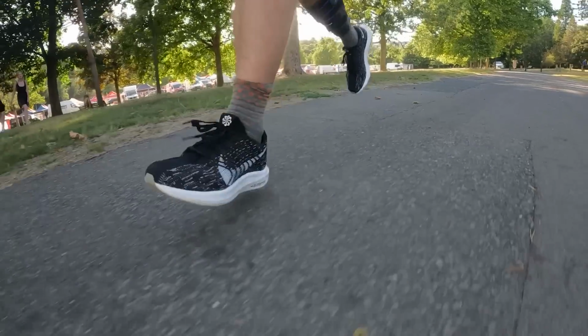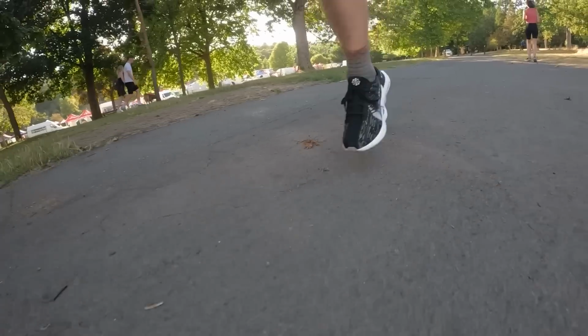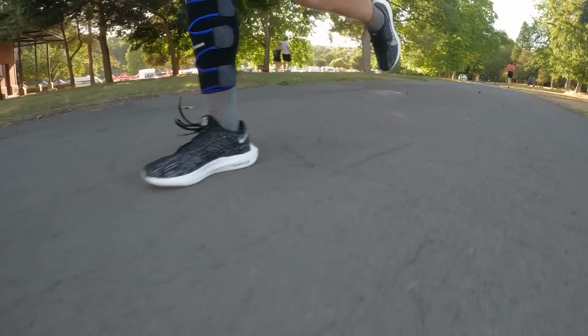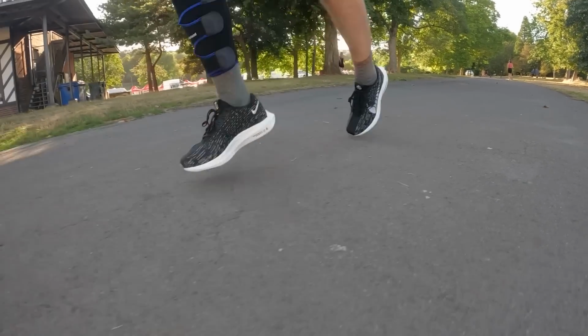So I've just been out on a 50-minute run at my marathon pace, so about 11k at about 4:20 minute kilometers, which is pretty fast for me. That's what I'm aiming for when I do Chicago. So it was really pushing the limit of the shoes and seeing how fast I could go in them